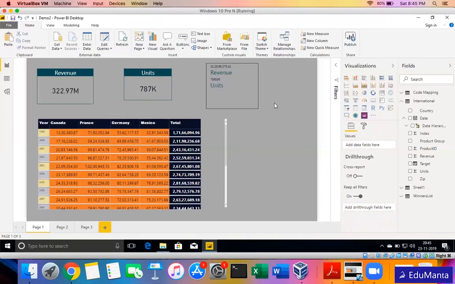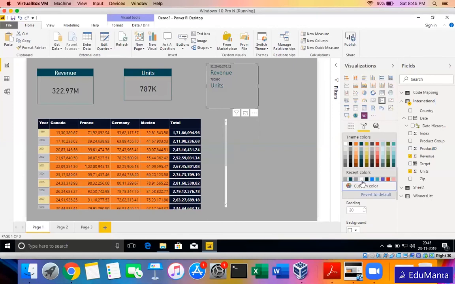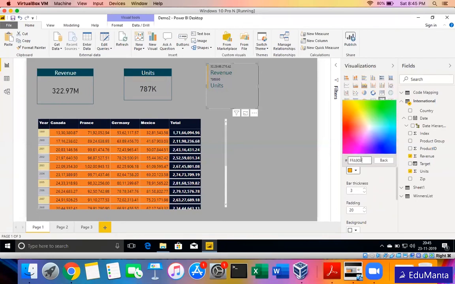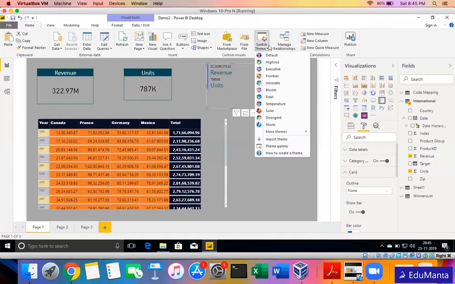It's not that Power BI has given me a limitation of these many colors and I have to be restricted to this and cannot do anything about it. It's not like that. If you have a hex code, go type it there. You can also just select from here, even in the range. In this custom color, I can type it, or I can just select any section and it changes. The blue color you see here changes, or I can create a theme of my own.